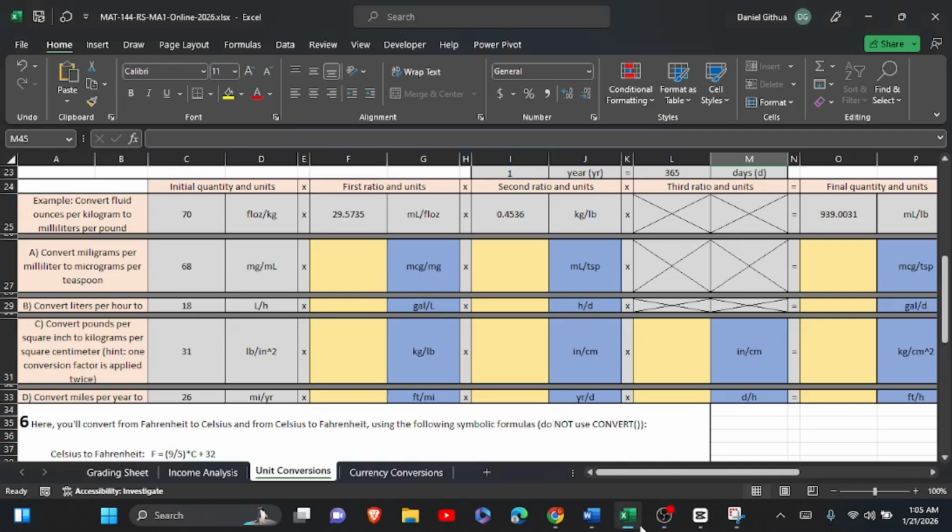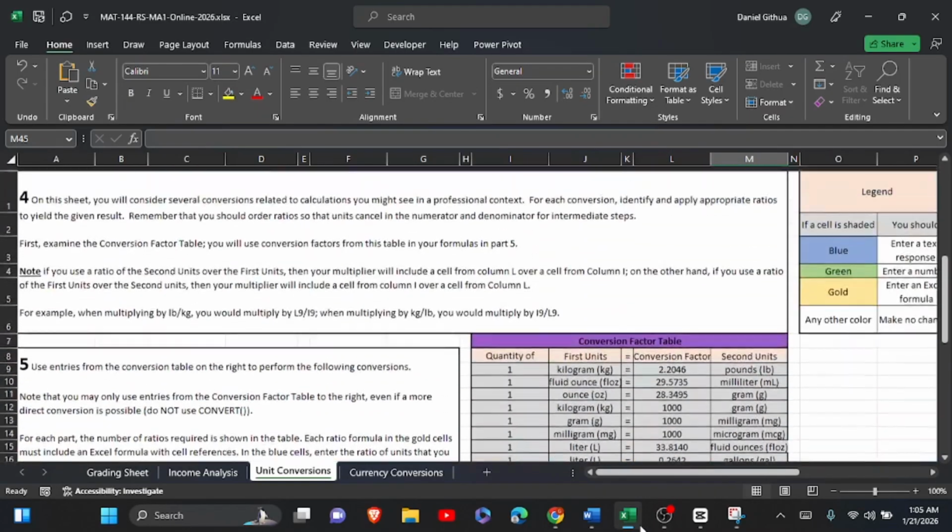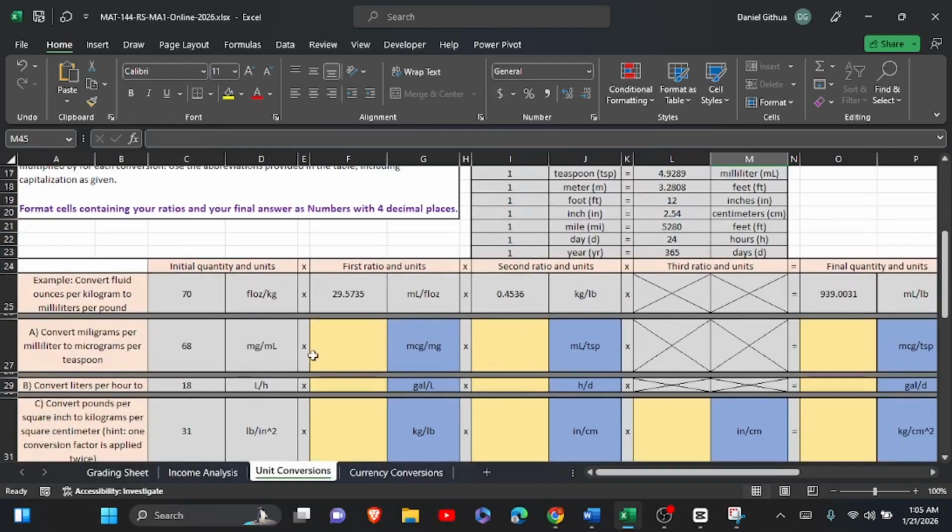Hello, let's continue to the second part, which is the unit conversions on MAT 144, sorry. So the first thing is to convert milligrams per milliliter to micrograms per teaspoon. The first blank space is this one. So we are supposed to convert 68 milligram per liter to micrograms per